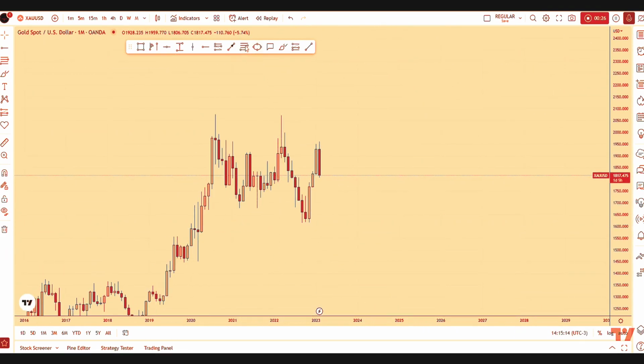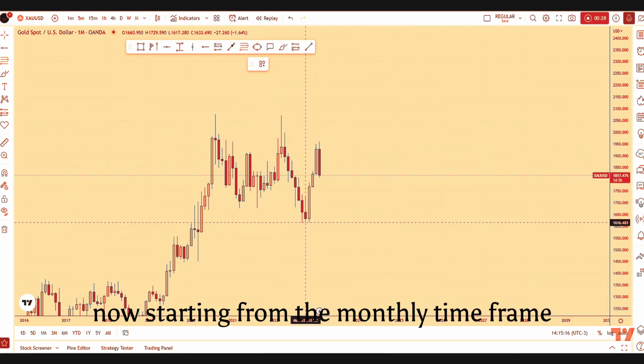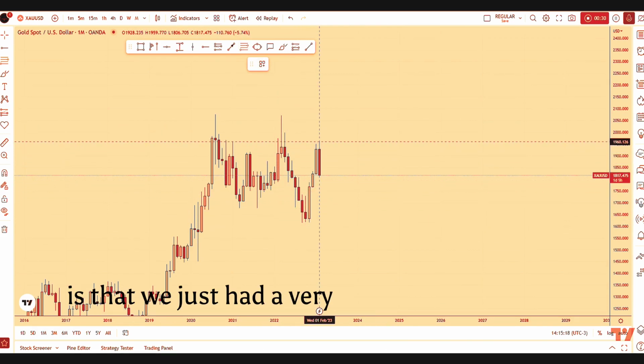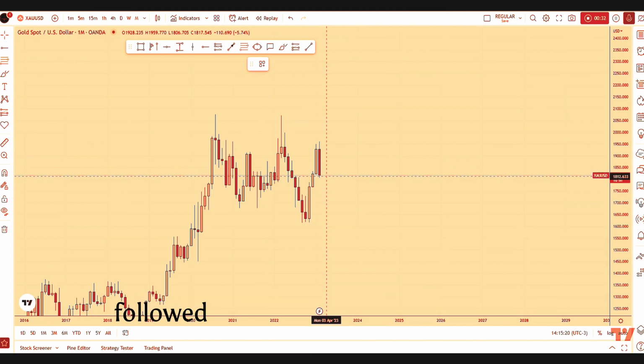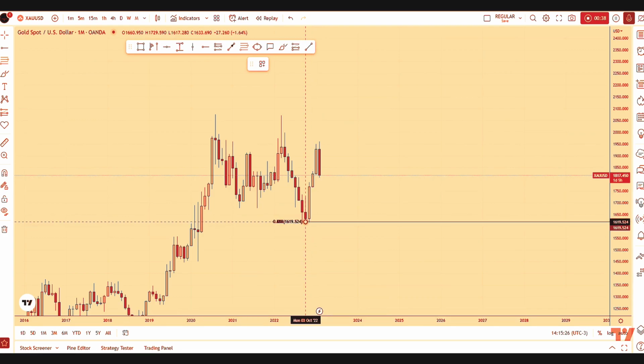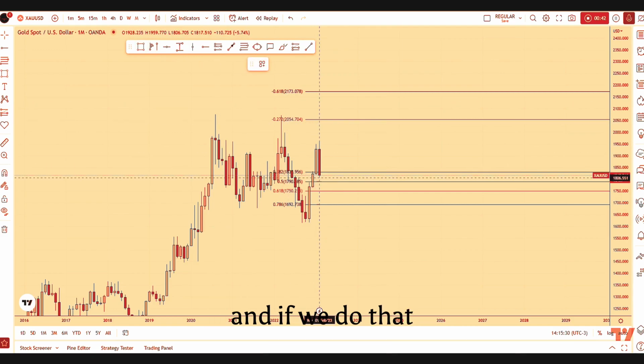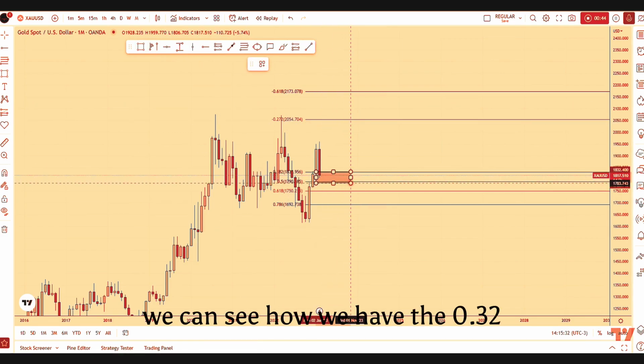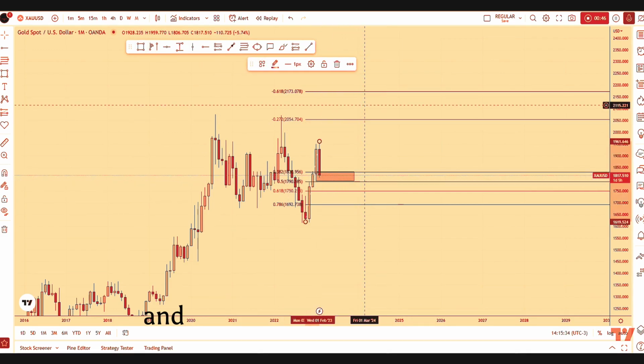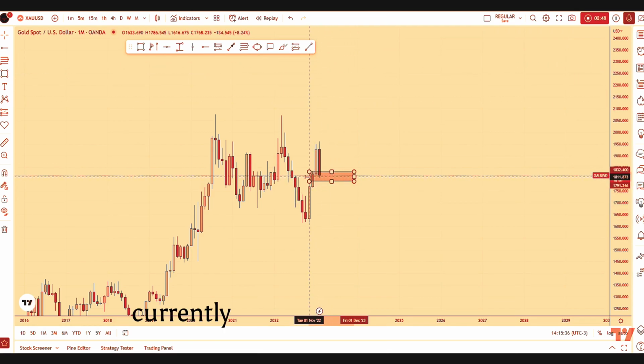here on this pair. Now, starting from the monthly time frame, what we can see is that we just had a very strong impulse to the upside, followed by the start of this correction. Now, in general, after an impulse, if you want to measure the correction, you have to take your Fibonacci from the low to the high of the impulse. And if we do that, we can see how we have the 0.32 and 50% Fibonacci retracements currently lining up